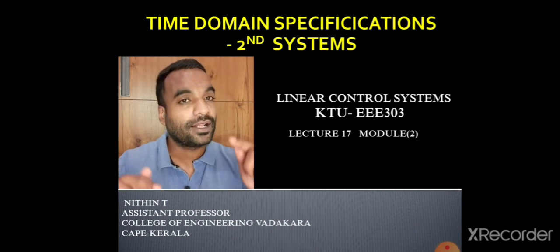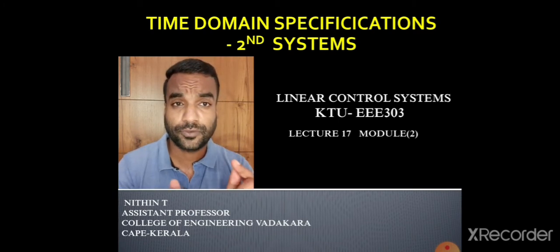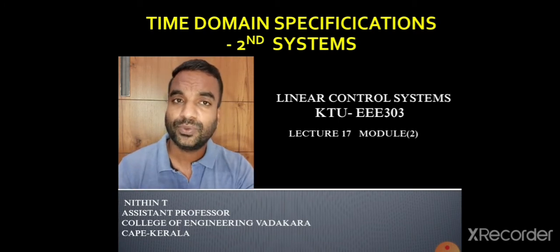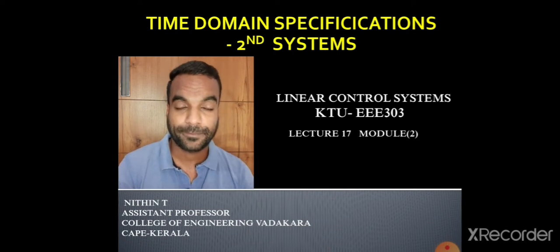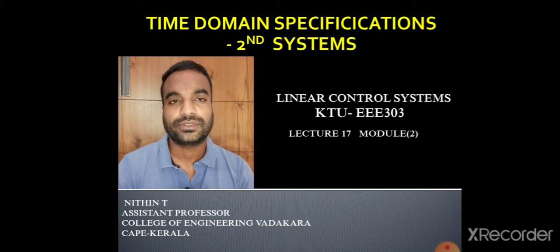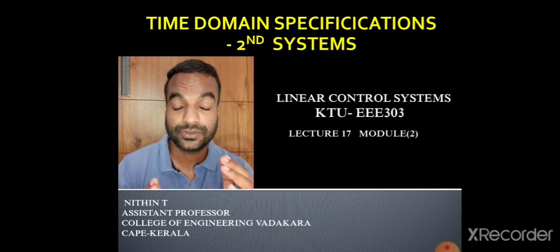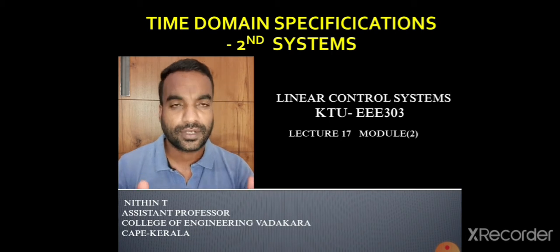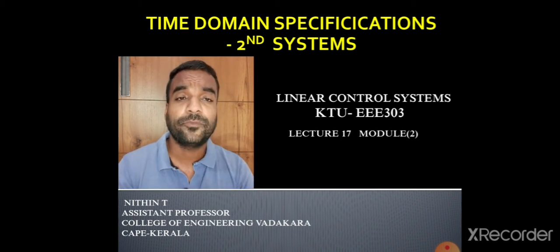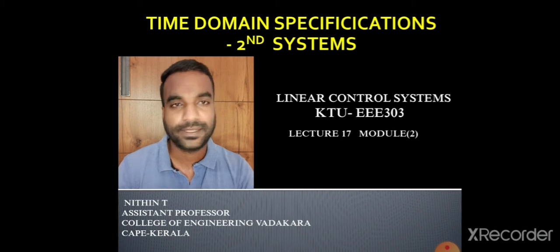So we have to convert C of s to C of t, that is output from frequency domain to output in time domain. So what is the tool we are using for converting from frequency domain to time domain? Everybody knows that, that is Laplace inverse transform. For transferring from frequency to time, we need Laplace inverse transform. And if we want to transfer from time domain to frequency domain, we need Laplace transform.